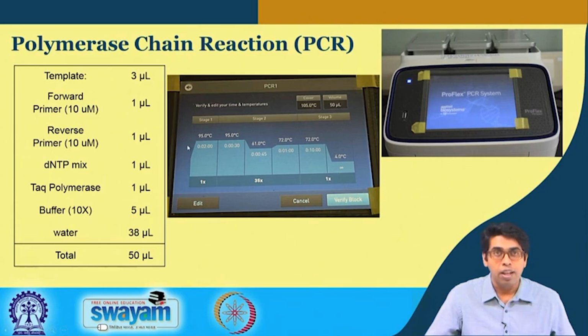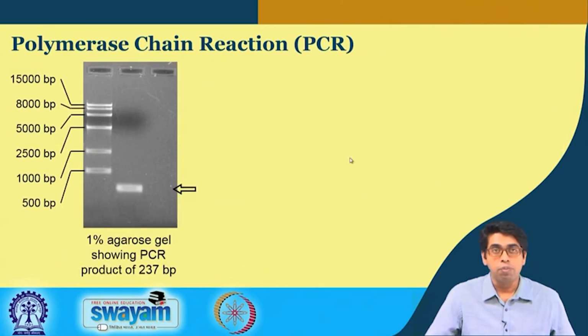A typical reaction for this type of cloning will take somewhere between 1.5 hours to 2 hours. So, you can set up this experiment, wait for 2 hours, come back, and then you have to check whether your PCR experiment worked or not. To do that, we have to go back to gel electrophoresis. Once we have done PCR using these 2 primers,